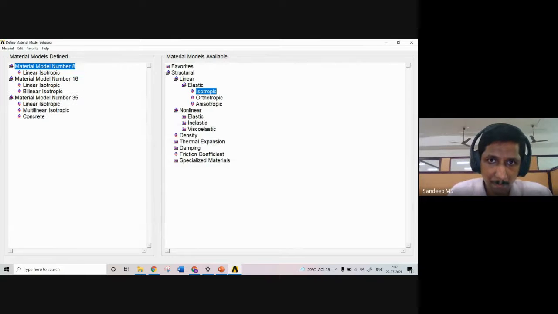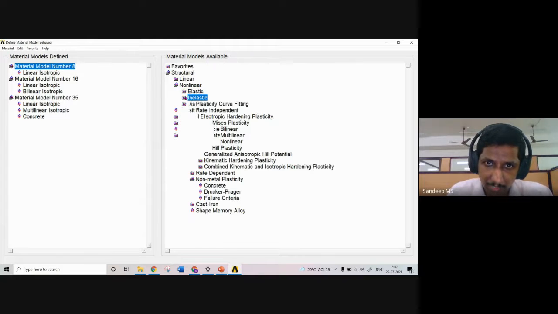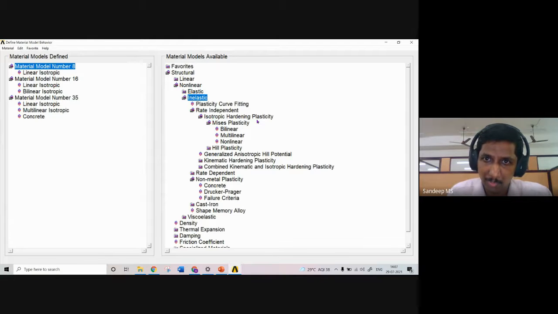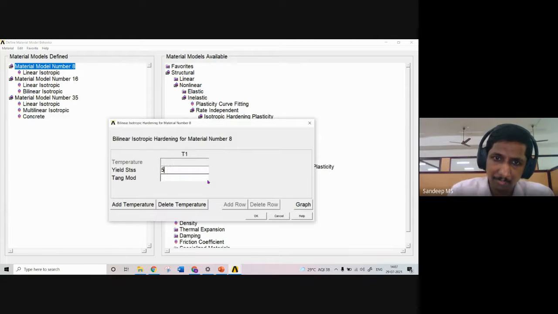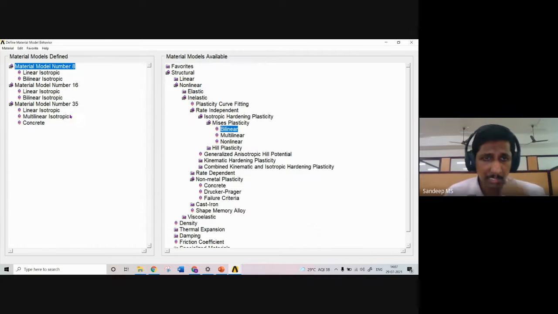I'm adding this. Now in a similar fashion, non-linear, inelastic, rate independent, isotropic hardening plasticity, Mises plasticity, and from this bilinear, the very same value I am entering. Now we have completed defining the material properties for concrete, 16 mm bar, and 8 mm bar.